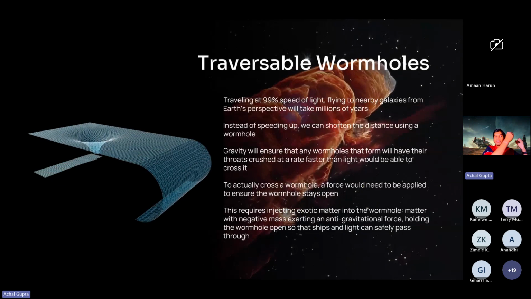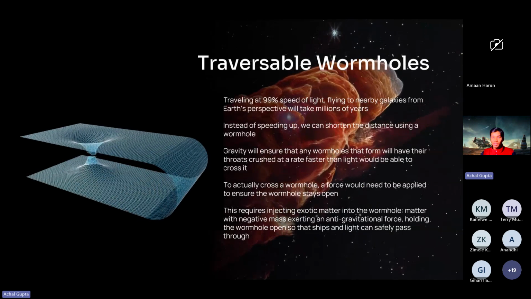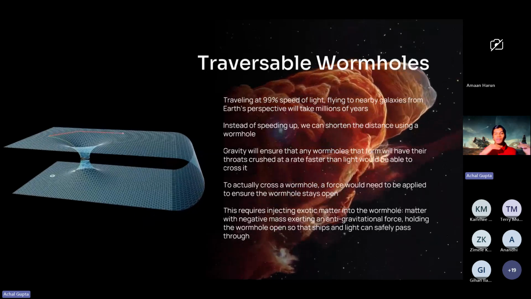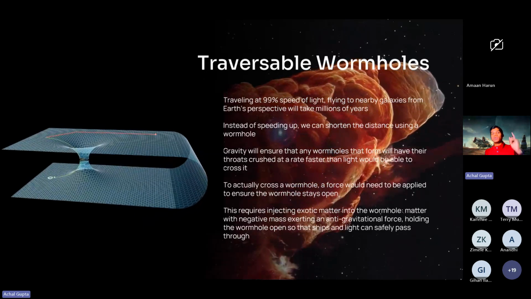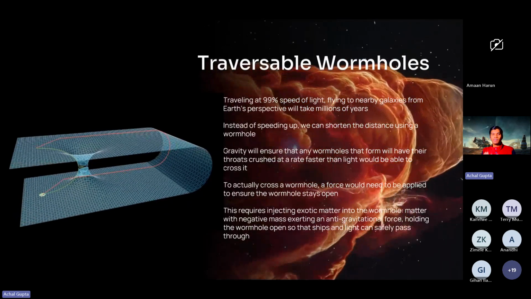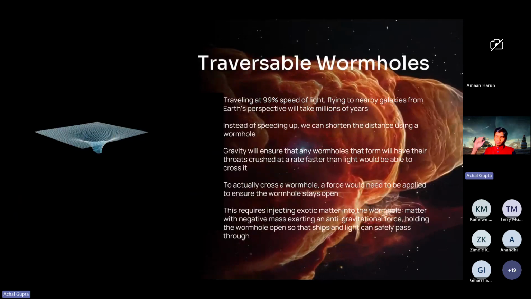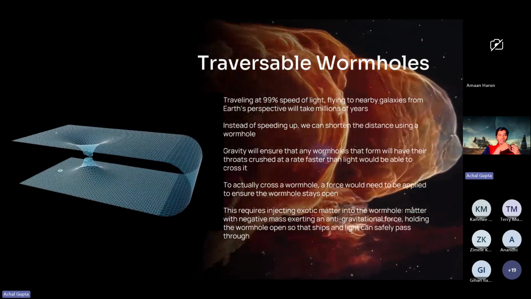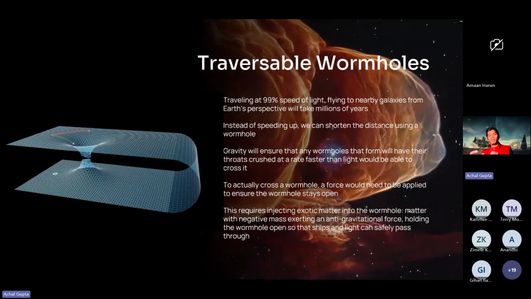But if we were to take the green path, which is going through a wormhole, we can essentially shorten that distance, which means for the same speed, we get there much, much quicker. Now, the problem with wormholes is so far, we haven't observed any in nature, and the math suggests that they're very unstable. So they'll be crushed really quickly, and they'll be crushed so quickly that even a photon can't go on the other side. The way to combat this issue, to keep the wormhole open so that your craft can